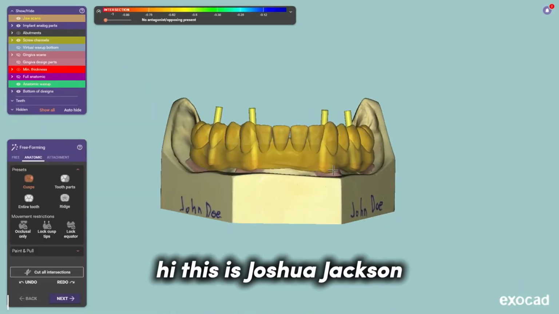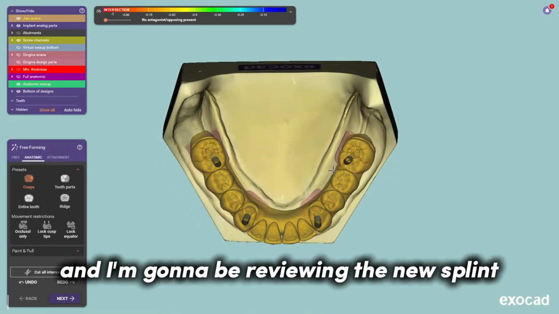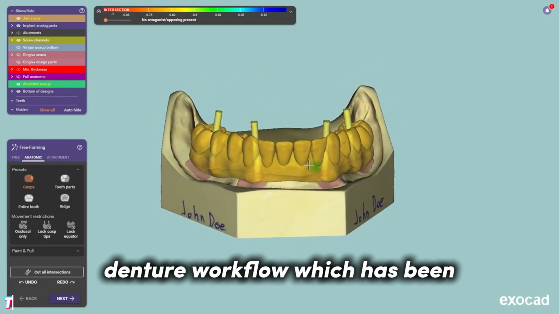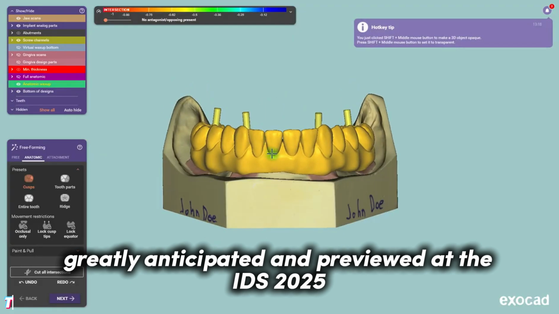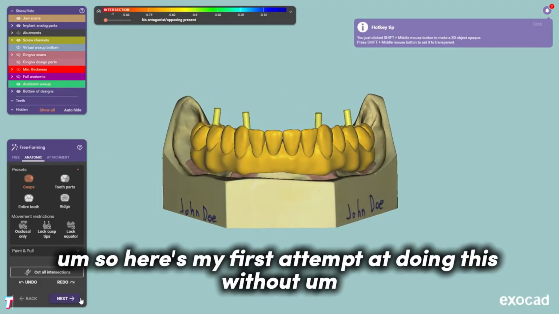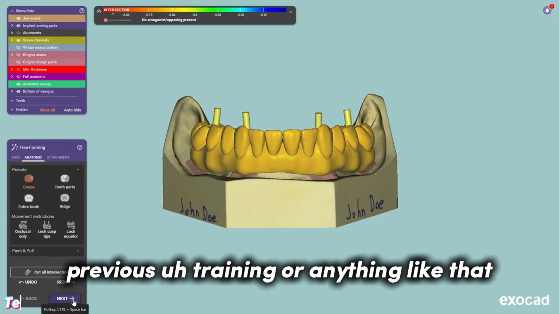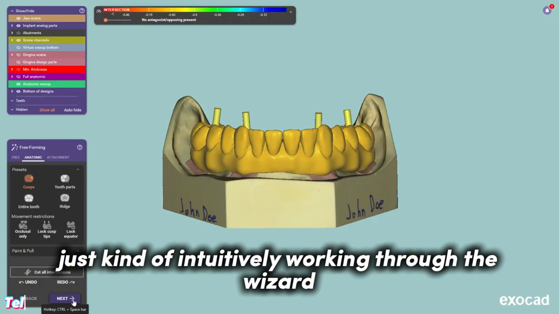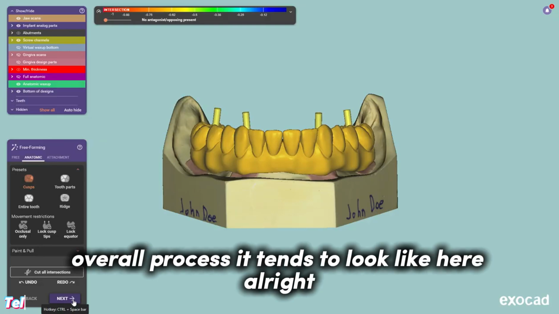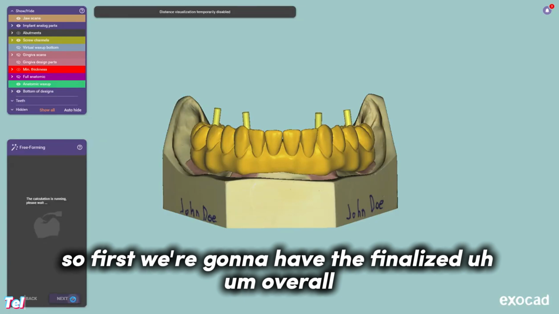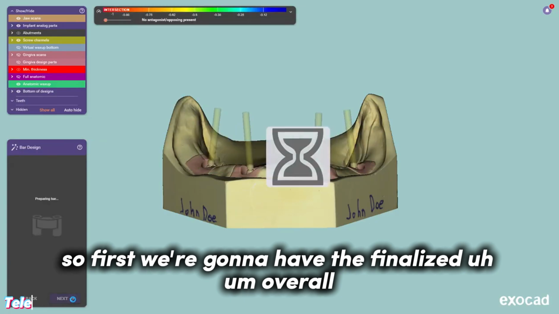Hi, this is Joshua Jackson, and I'm going to be reviewing the new split denture workflow, which has been greatly anticipated and previewed at the IDS 2025. So here's my first attempt at doing this without previous training or anything like that, just kind of intuitively working through the wizard steps and seeing what my overall process tends to look like here. All right, so first we're going to have the finalized